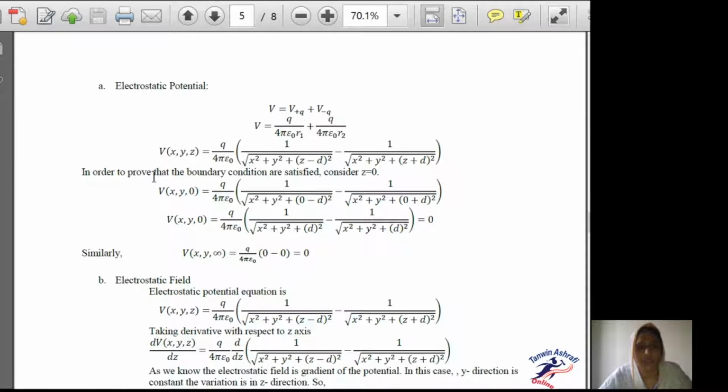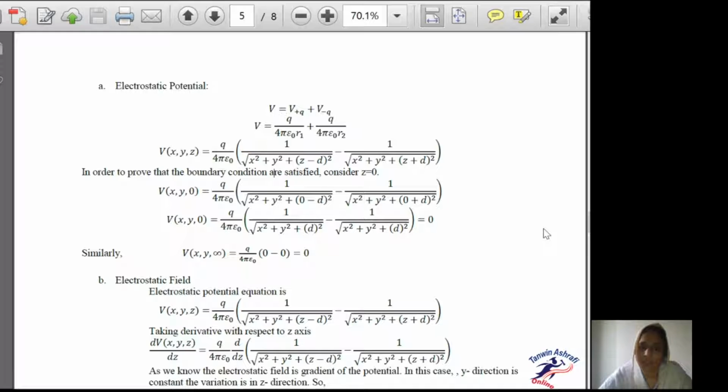Now, in order to prove that the boundary conditions are satisfied, let's consider the point z equal to 0. We substitute the value of z as 0 in the equation, and what we find is that the two terms in the brackets are the same, and that results in the potential at z equal to 0 being equal to 0. That means we satisfy the boundary condition at z equal to 0. That means in the xy plane, where we have kept the infinite conducting plate, the potential at that conducting plate